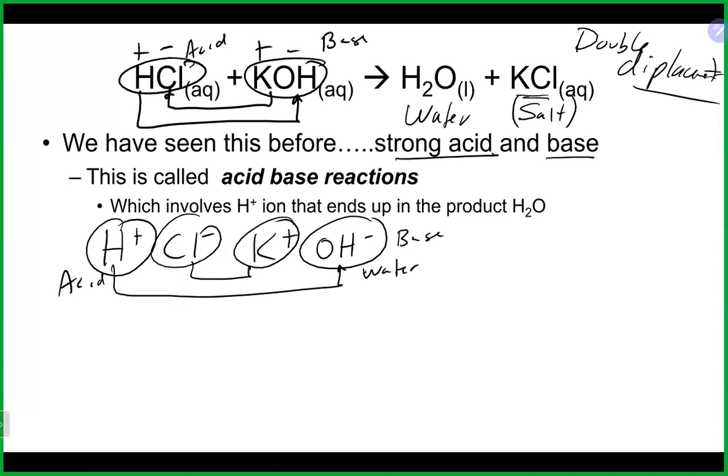And you may recognize why this is important, because what did we form on the right-hand side? We formed water. Once again, that is one of the three reasons why a reaction takes place. You will probably not see it, right? Because it'll just look like the solution because it's water-based. You won't actually see the water formed in most cases. But the formation of water is really the driving force of this reaction. And once again, there are no electrons being transferred. This is simply a double switch of the two positive ions switching partners